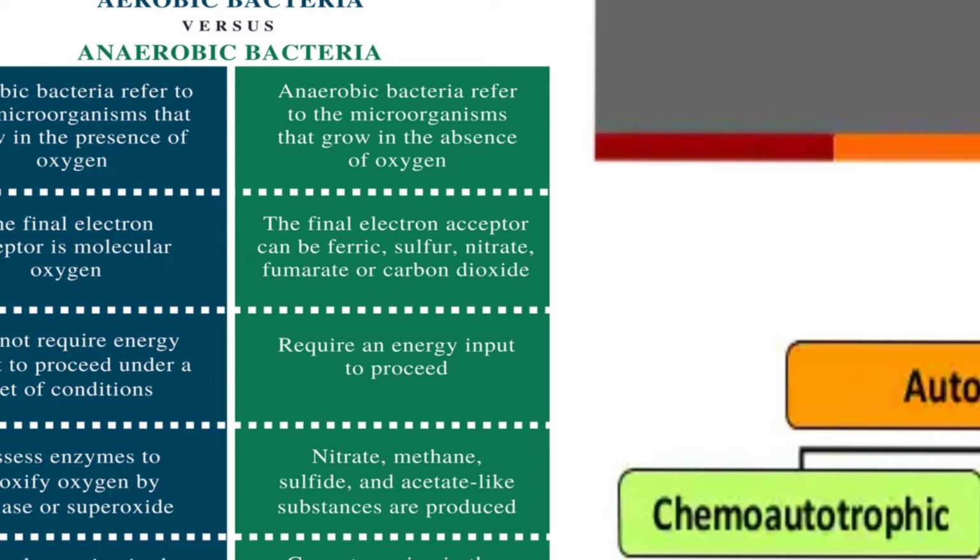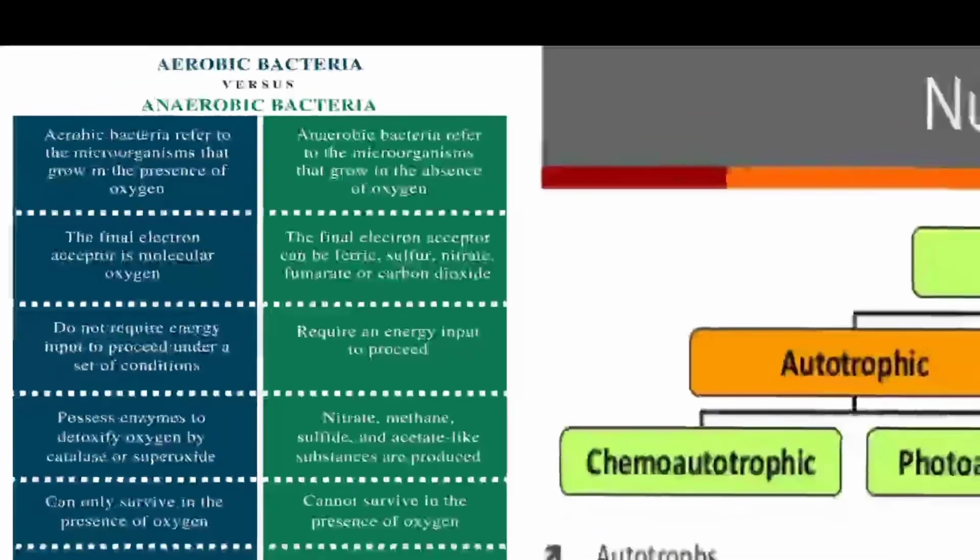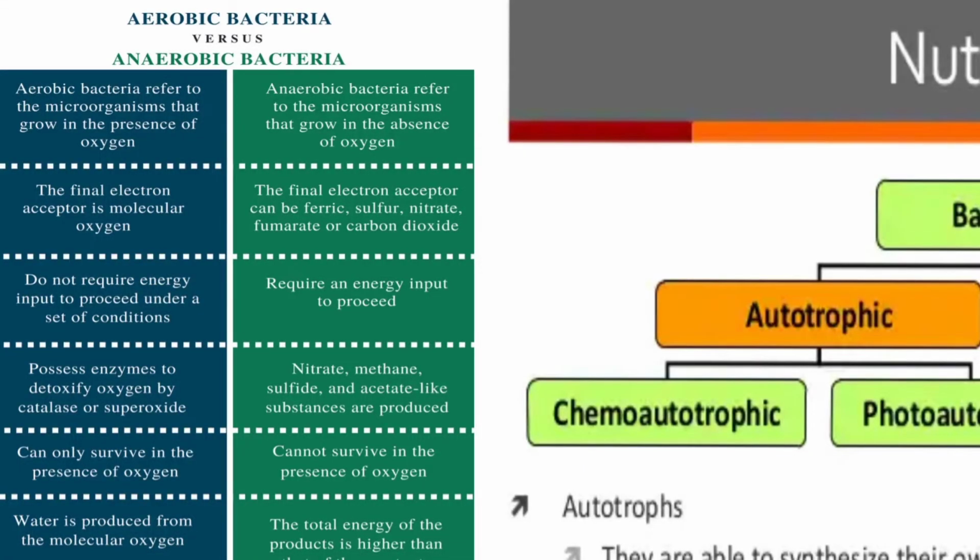But in case of anaerobic respiration, they have given a term called facultative anaerobes. Initially they can use oxygen, and then when all the oxygen is over, even in that situation with no oxygen, they can perform the anaerobic respiration process. So first they can do aerobic, and then they can also do anaerobic. That is what is called facultative anaerobes. And there are some other bacteria called capnophilic bacteria, which require CO2 for their growth. I have given some of the differences between aerobic and anaerobic. You can note it down.